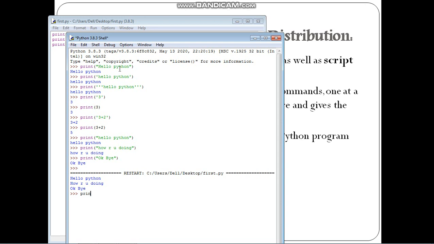Okay, so one more program I will show you. This is the interactive mode. Here, for example, I want to add two numbers, 3 and 4. For that I am writing 3 plus 4. It is showing the result, but I want to display it in a different way. For example, print the addition of